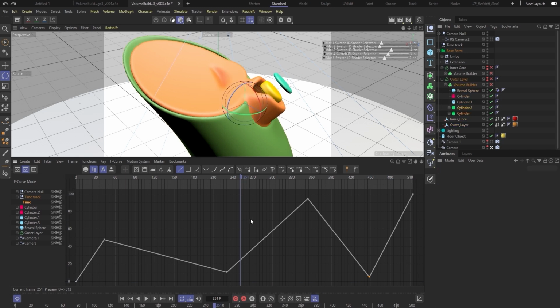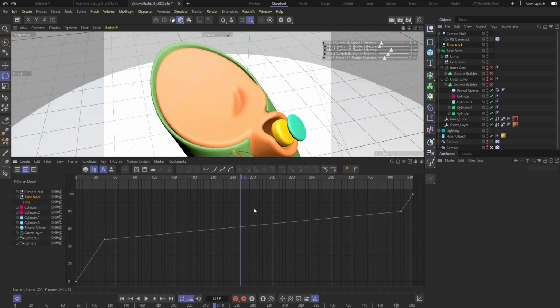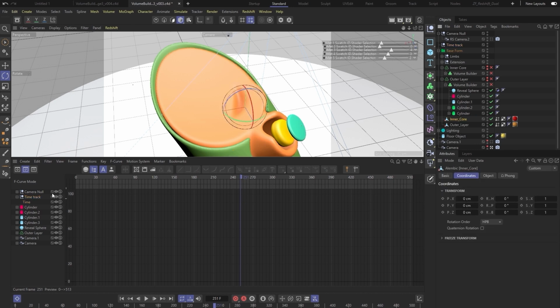Let me go undo a couple of these frames here. When it was in this form, actually, let's go back to there we go. It was baked along this timeline. So if I make any changes to this time track, it's not going to affect these anymore. It would still affect the original volume builders and volume mesher, if I wanted to edit that time track,